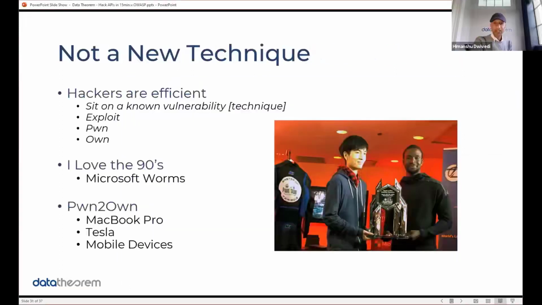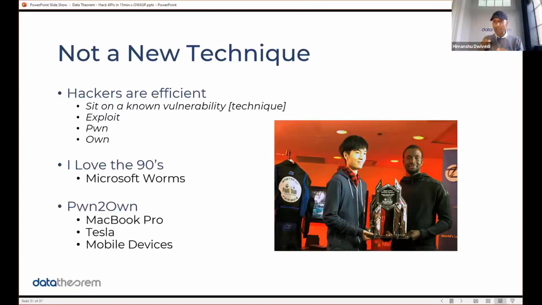Yeah, and thank you, Ethan. And this technique is not new. What Ethan and the team observed, and what we found from the hacker community, and what we do at Data Theorem is cool stuff on new API tech. But this technique actually came from the 90s. Like, if I can date myself, when Microsoft, and yes, that used to be an operating system everyone used, when they used to come up with a service pack, what you do is you take that service pack and you essentially look at what the service pack is updating in the OS. And that's where you know to look for if there's any security changes in the OS.